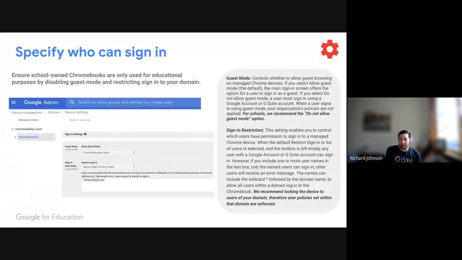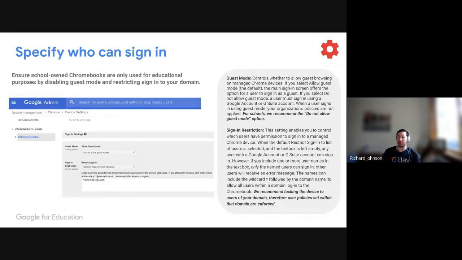First off, one of the key things to apply as an administrator is to specify who can log in to your set of devices. If you share these devices across different tenants or schools, you might want to list different domains so that people can access them from different locations. However, in most cases with most schools, you probably have just one domain, which you list there so that students can't sign in with their Gmail account, or parents can't sign in with a separate Gmail account as well. It's just another security level for you.